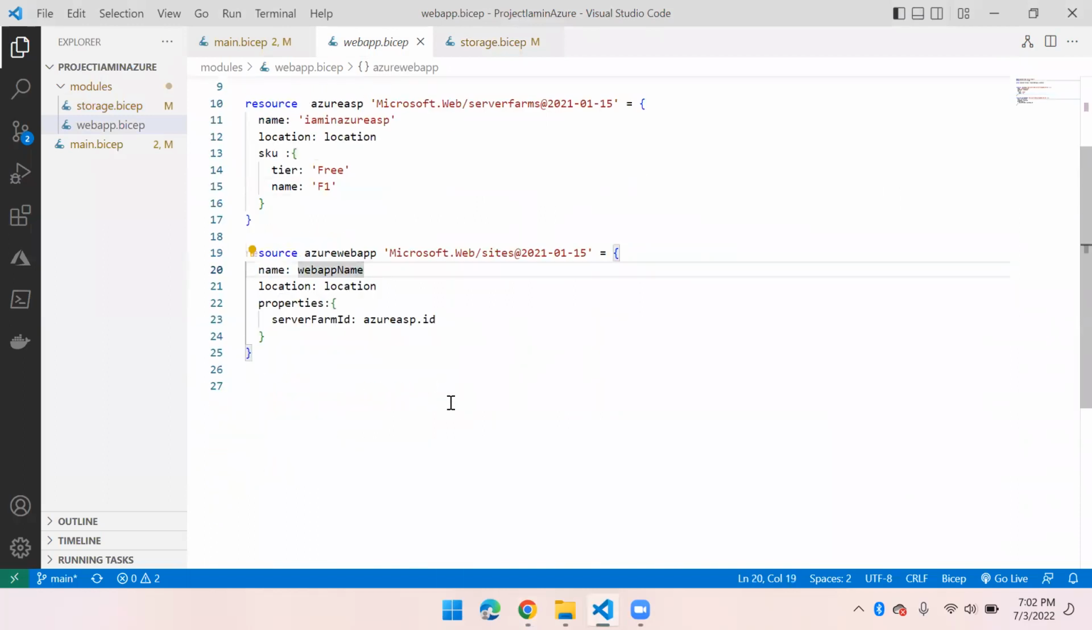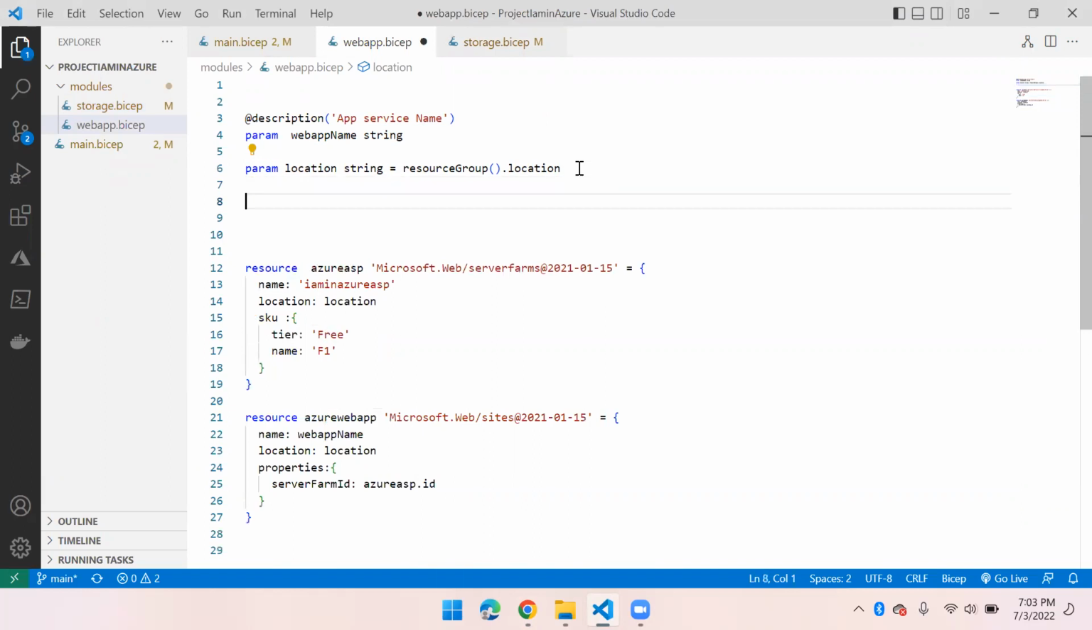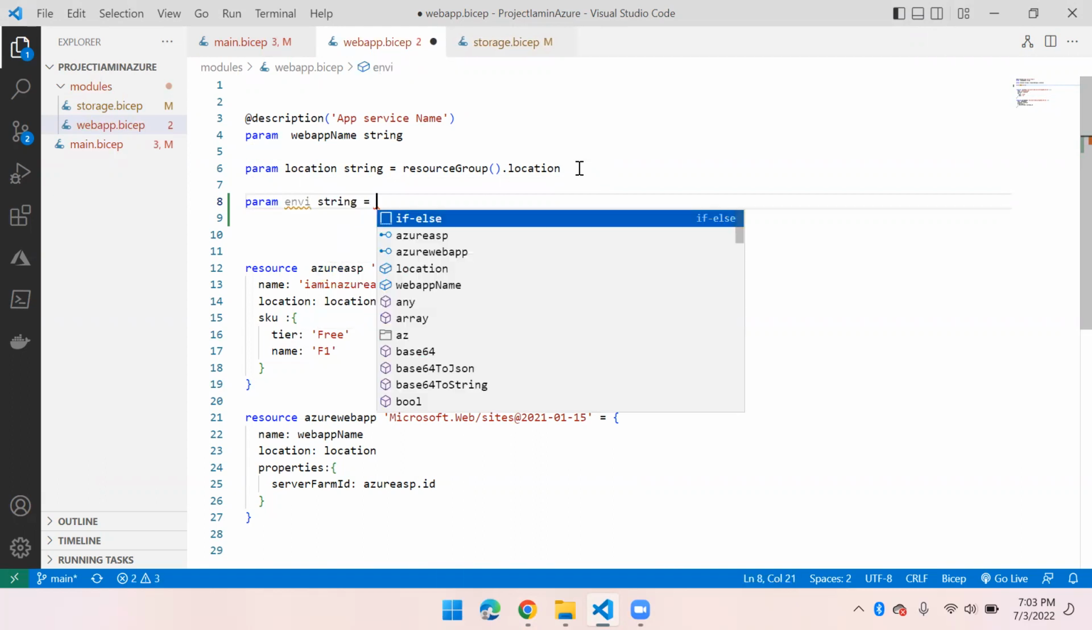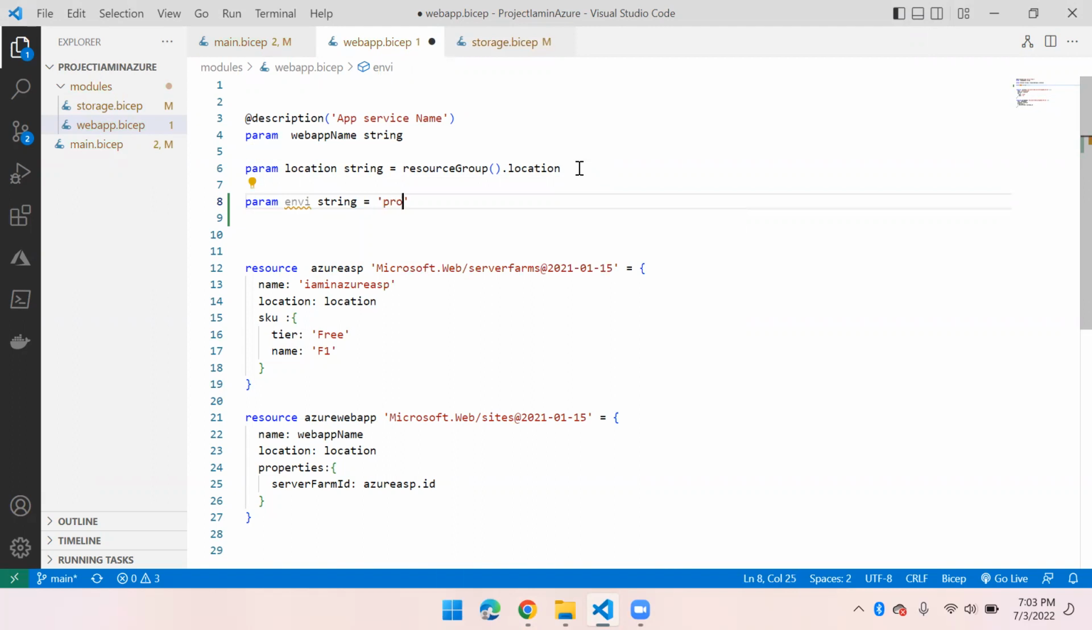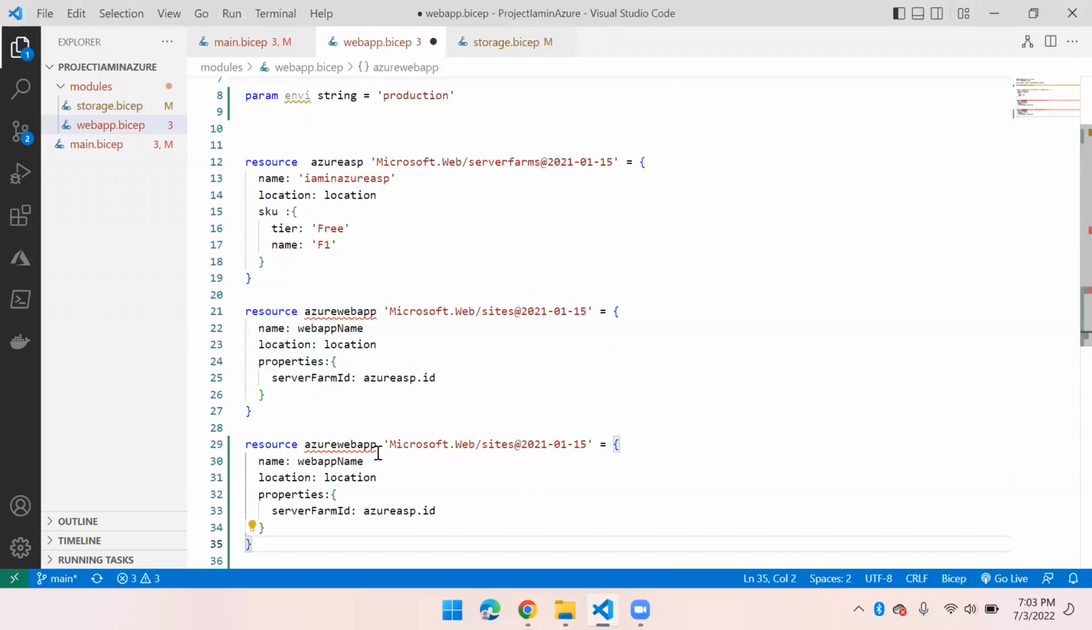This time I'm going to deploy a storage account only if my... let's say I will add one more parameter over here, which is environment, the env parameter, and this is string, and to this I'm going to assign a value called prod or production, let's say. Now I'm going to add one more resource here, and this time,